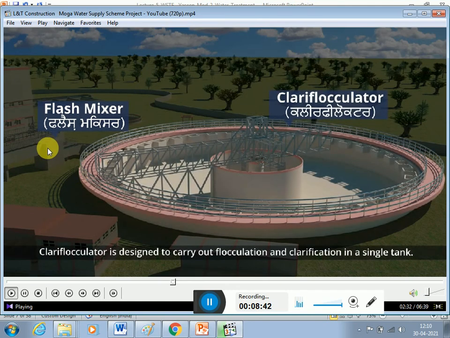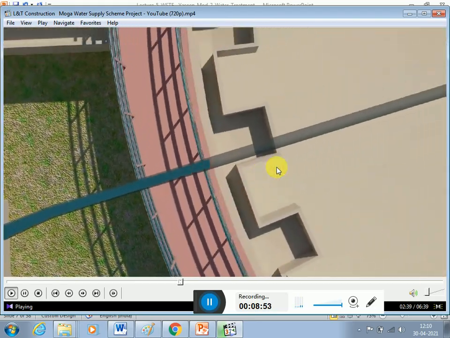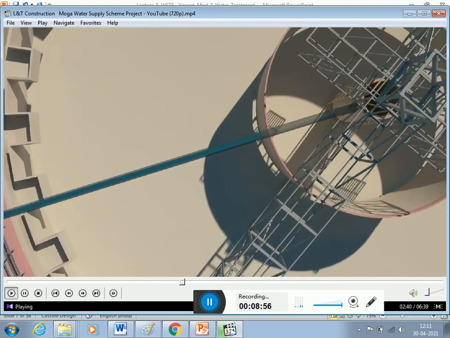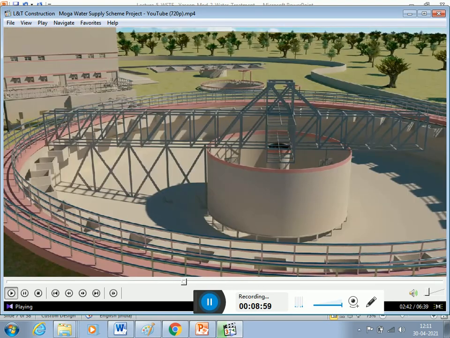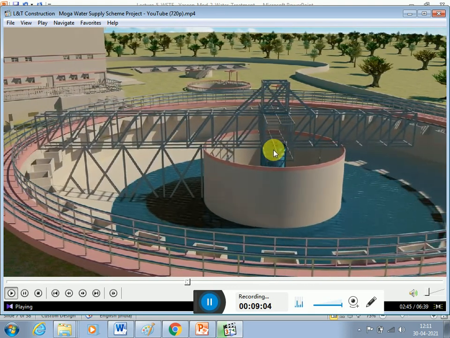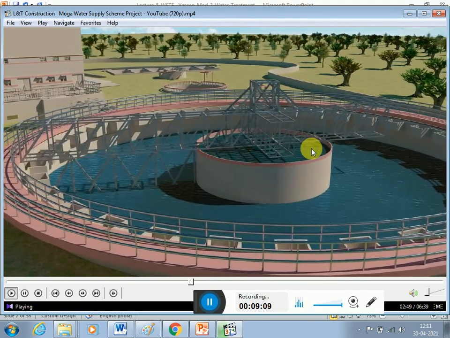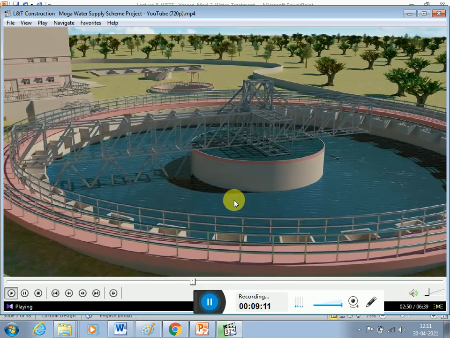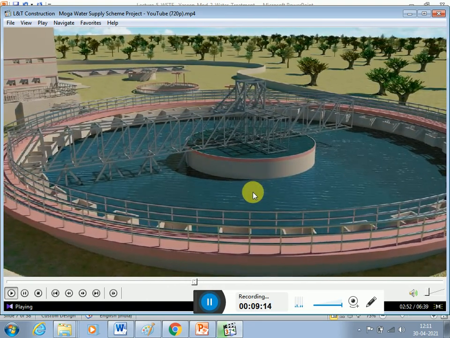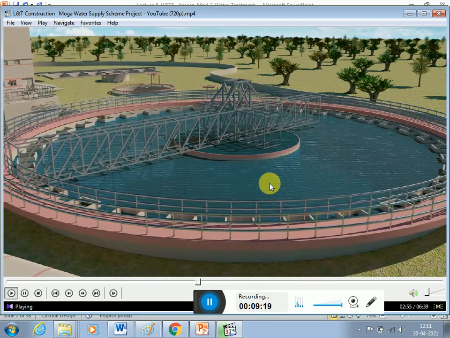From then the water enters this chamber called as clariflocculator. So that means we have aeration, then we have this flash mixer, then we have this clariflocculator. This can be either circular or rectangular flocculators can be used. Here in this case we are using a circular clarifloc. As you can see, the water is entering from this central pipe, and it is occupying both the outer and inner chamber of this clariflocculator. And this you can see, it is a gangway, and the bottom is consisting of a slope.